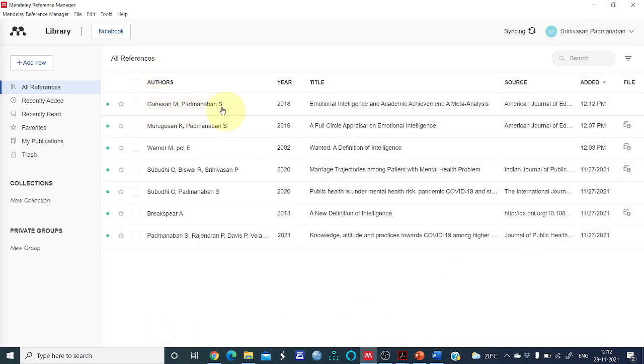So you can see Ganesan, Manimuri and Padmanabhan Srinivasan. Since we haven't attached a PDF file, there is no PDF file. Previous one we have attached a PDF file. So this is how this has been added.